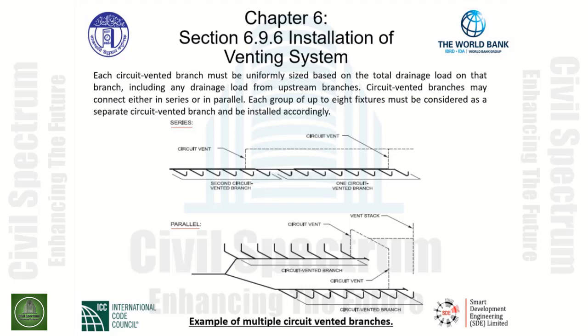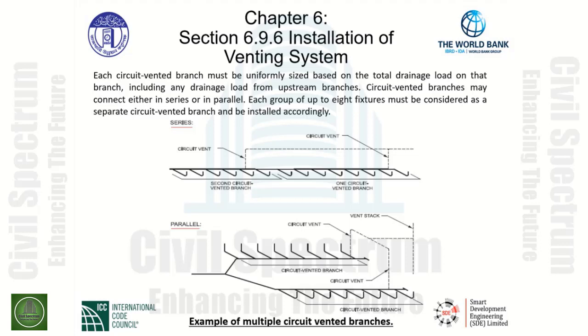The series circuit vented system, as shown in the upper graphic, indicates the one circuit vented branch on the right-hand side of the drawing, where we provide 1, 2, 3, 4, 5, 6, 7, 8 water closets on the one circuit vented branch. The dry vent that we call the circuit vent is connected between the last two